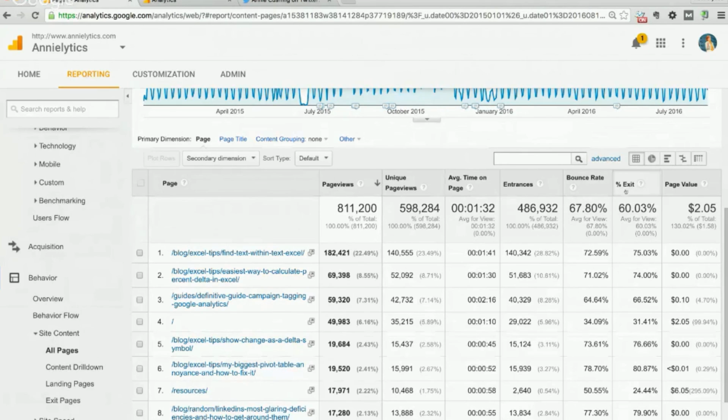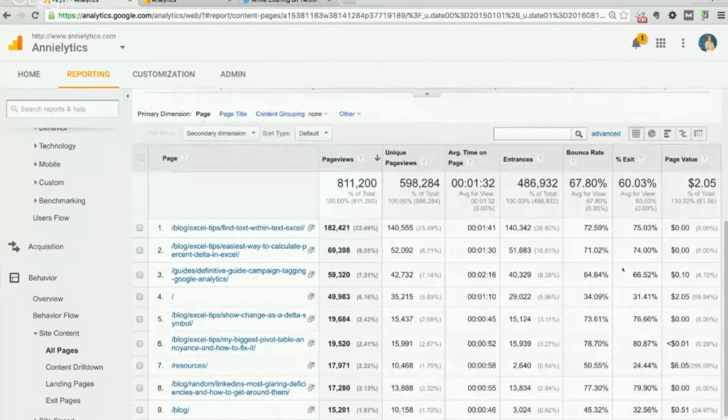So the percent exit is a problem if you're looking at your money pages. If you have content groupings set up, like I have a content group just for my money pages, and I have a high percent exit on my money pages, now that I'm concerned about and I'll look into. Okay, so